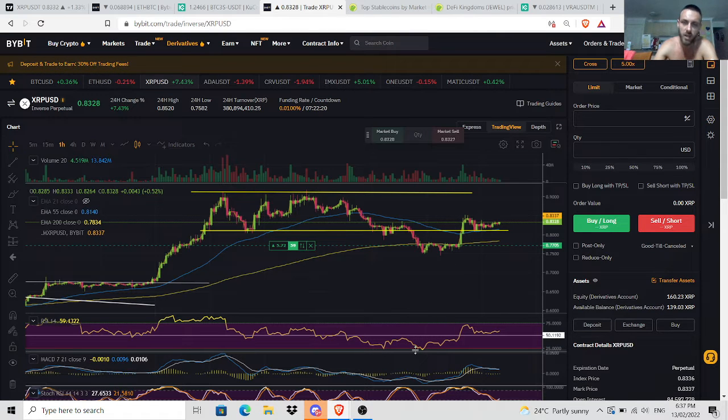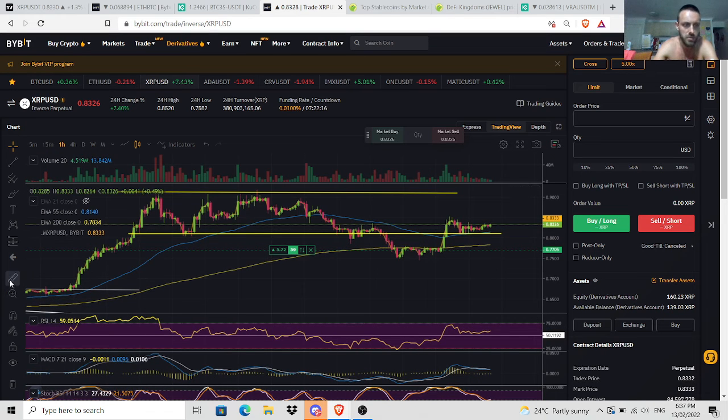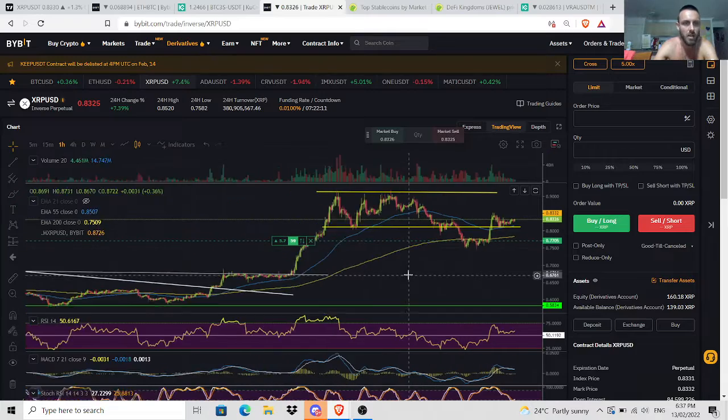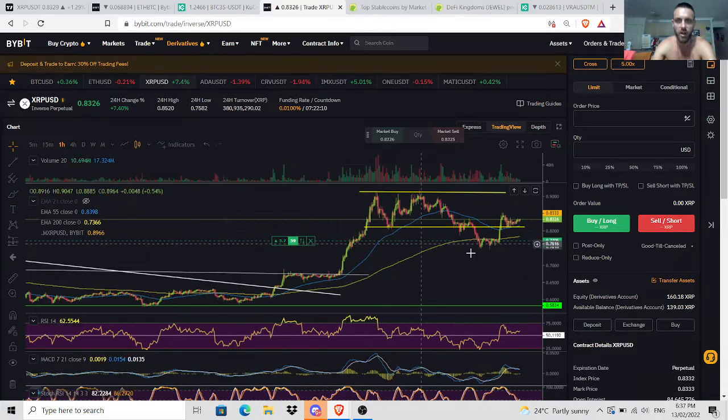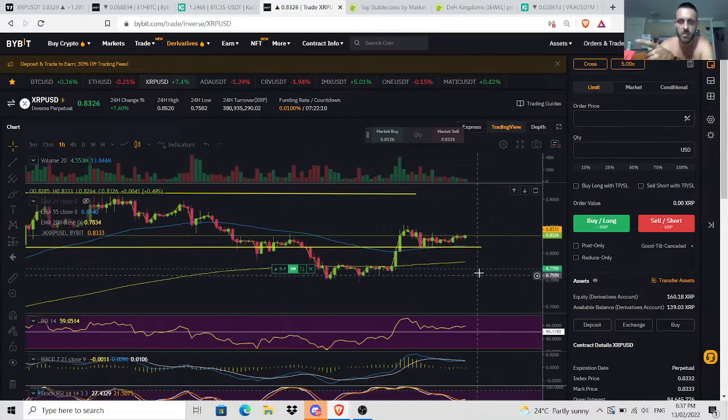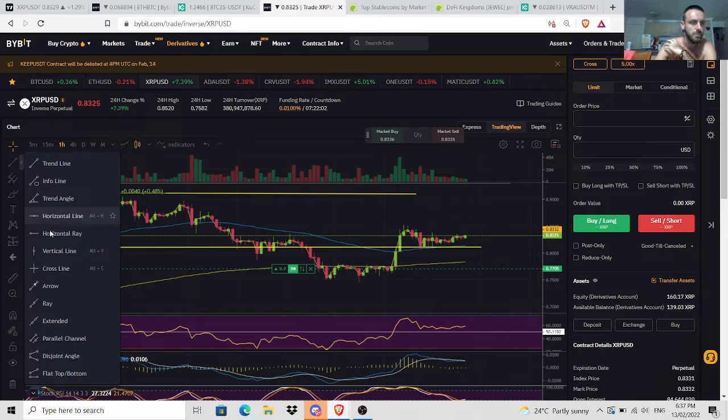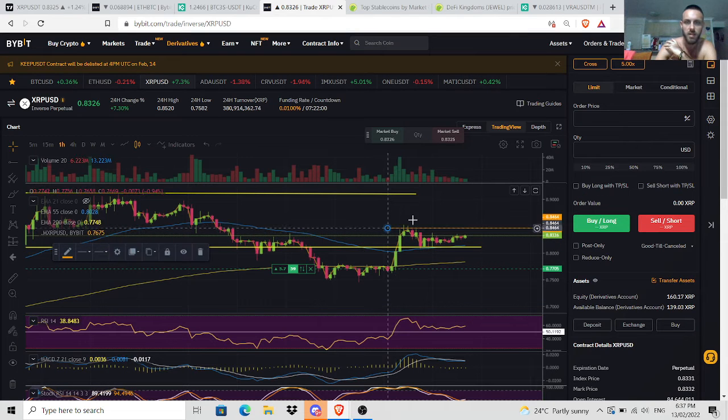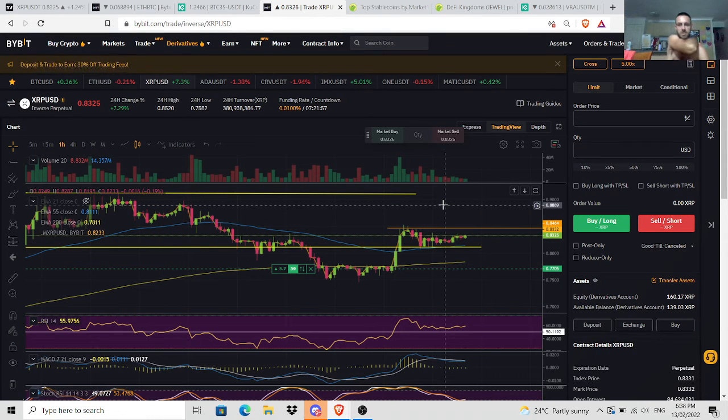Okay, even though we tagged red, this is only the 1 hour. We tagged red, we pulled back to the sell zone, but there was no short there, like 5% maybe. But we just had this massive move up. It's interesting, and look, you can already see we've come down and we're looking to push up again. So if we break this high just here on XRP, that's going to be very interesting. Very, very interesting. It looks like we're going to do it as well.